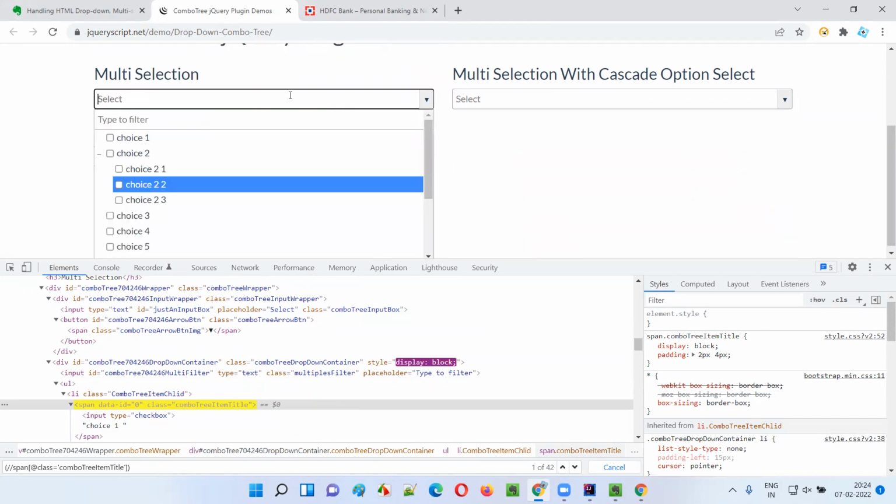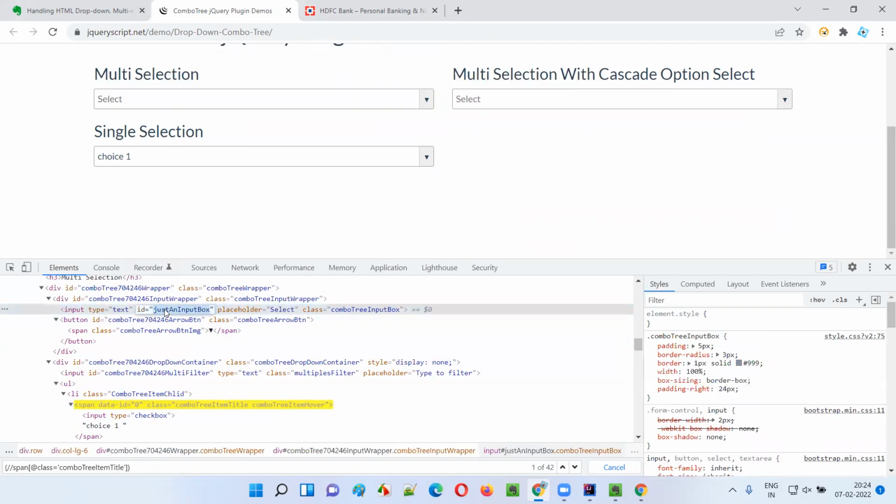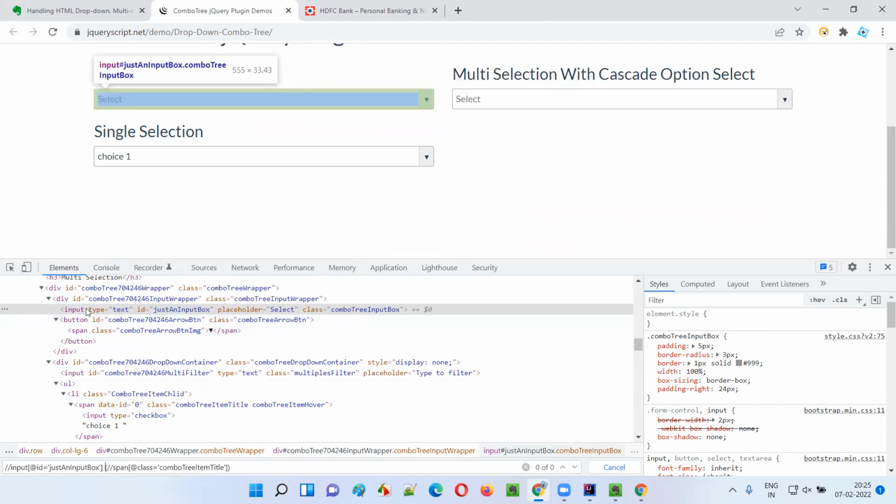Okay, only this drop down I want to get the options. In that case, guys, this drop down is having the ID. The unique thing is the ID here. Copy this. Double slash input, at the rate ID is equal to. I'll give the ID, guys. With the help of this ID, I'll uniquely identify this. So under this ID,